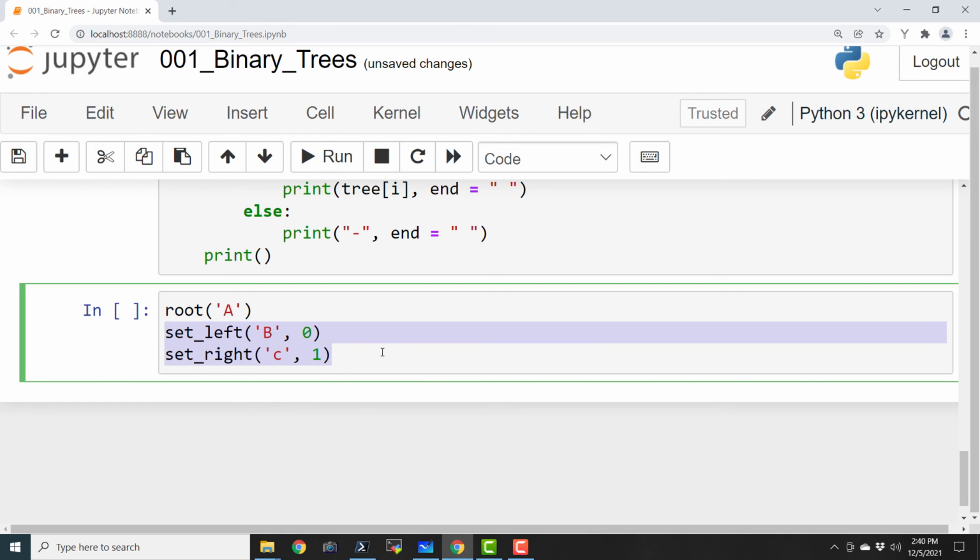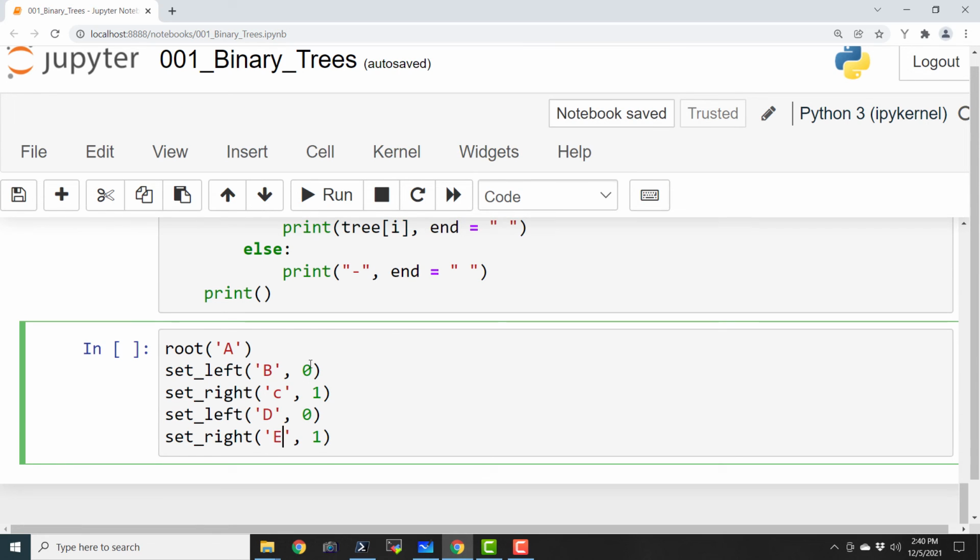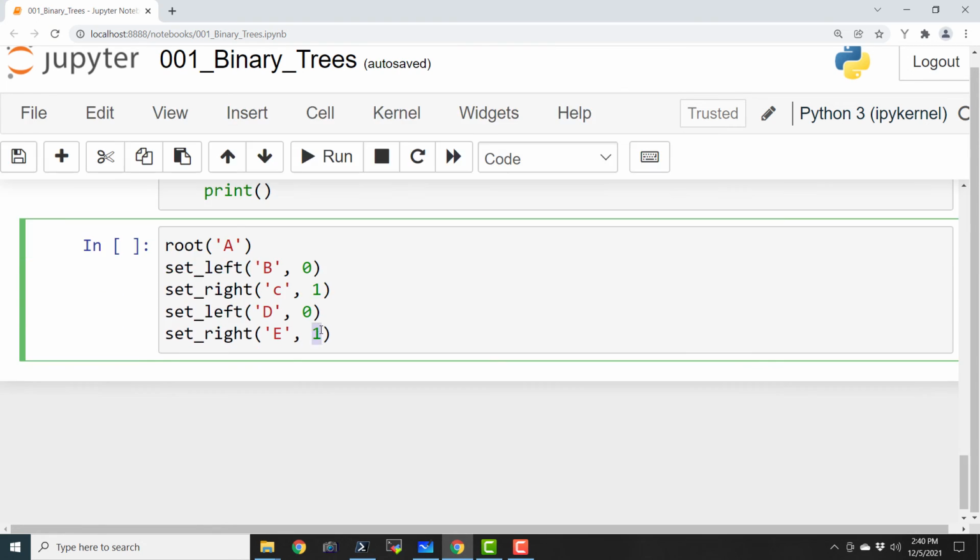Okay, and I will say set left, D and E. Sorry, it should be 0 comma 0. Okay, and this should be 1 and 1. This should be uppercase.